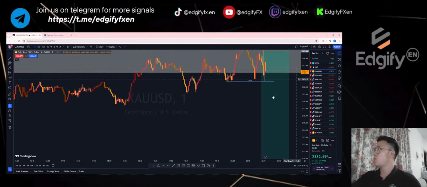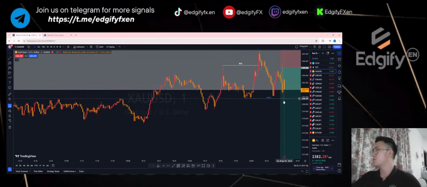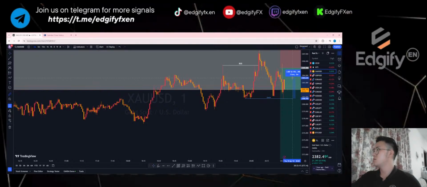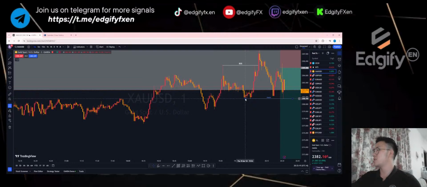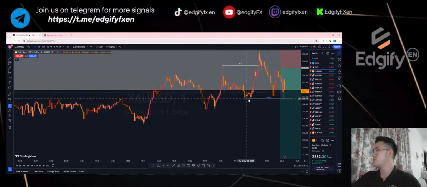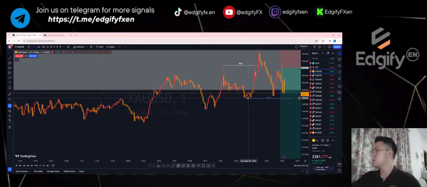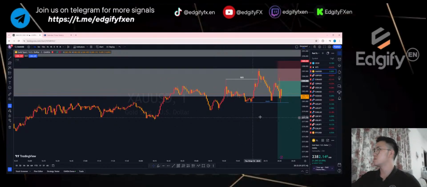You see, why do I have it marked here, right? Came back, couldn't break, rejected. From this low, it has rejected about 27 pips already. That's the reason why I decided to use this as a level for me, as a point of interest where I need this price to be broken before I start taking a sell, right?